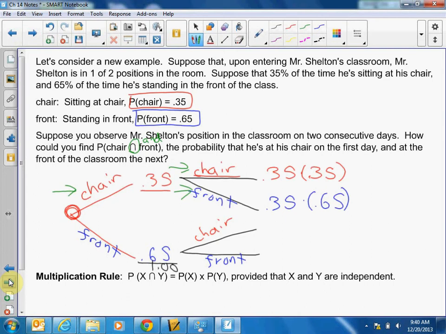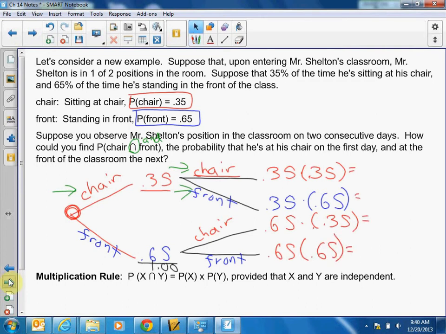Probability that I'm at the front the first day, 0.65. Probability that I would be at the front and then at the chair, 0.65 times 0.35, like so. Probability at front then front would be 0.65 times 0.65. So let's check out what happens here when I do this. 0.35 squared gives us, 0.35 squared is